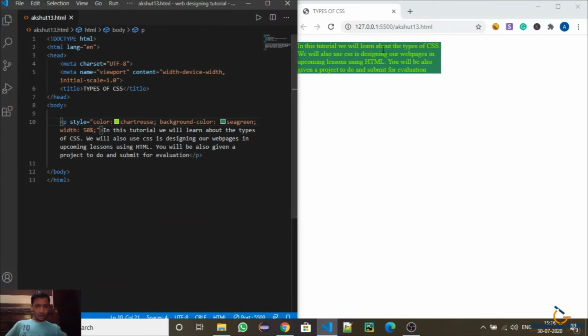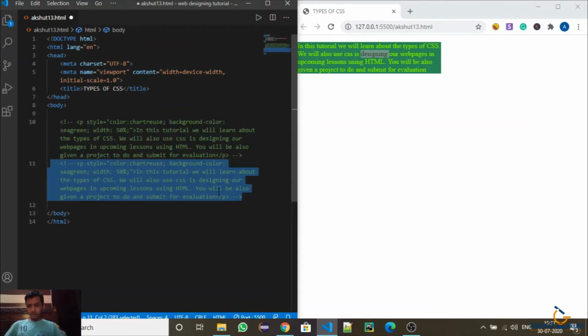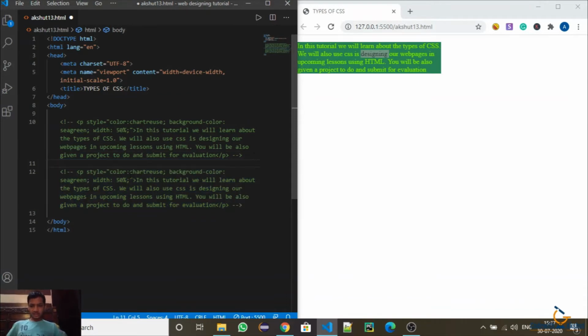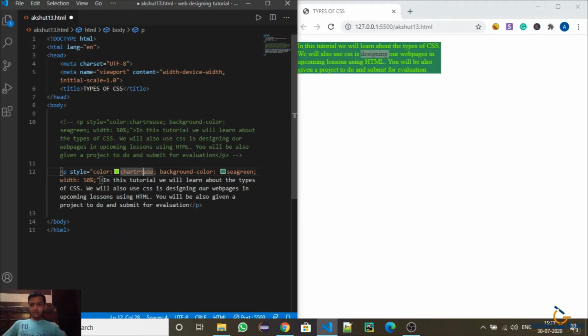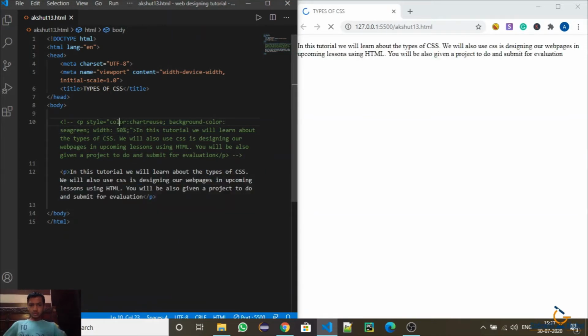Now I will tell you how to use internal CSS, or you can say inline. So now I will tell you how to use internal and external CSS, which are the second and the third types of CSS that we can use. So now I have commented the above one, and I will just tell you how to use it with this.